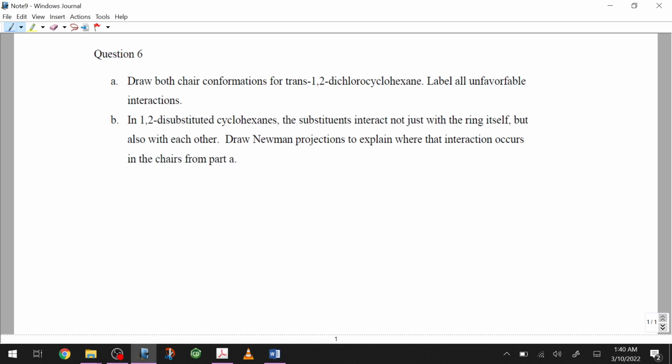Question 6 was the cyclohexane question. And a very specific problem happens when we have substituents on adjacent carbons in a cyclohexane ring. That's what part B of the question is getting at. Actually, part A as well. So, first,